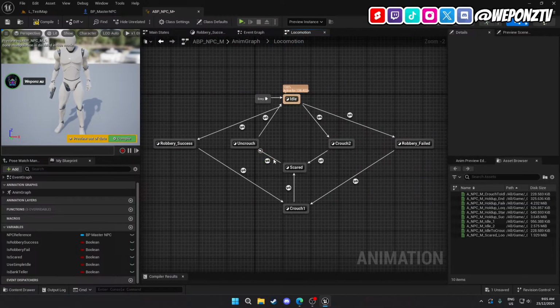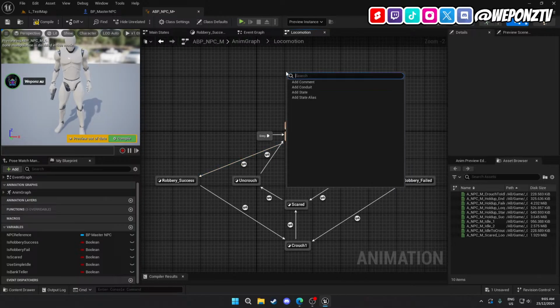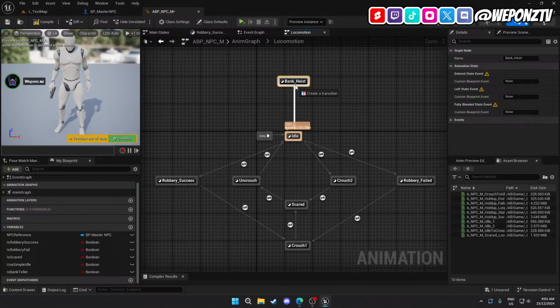So now theoretically they shouldn't be able to enter this type of loop. So now what we want to do is create a state here and call this bank heist. And we only want to go from an idle into a bank heist if